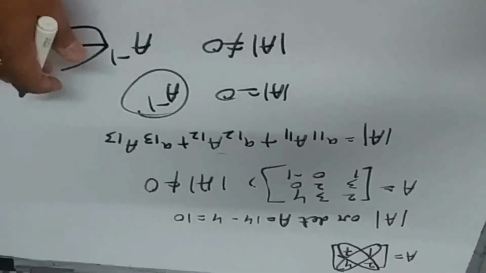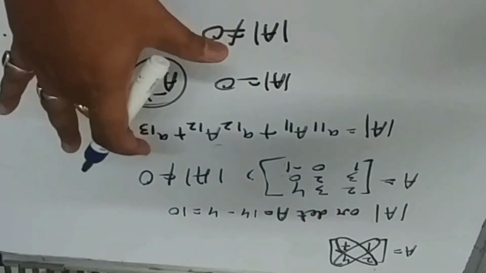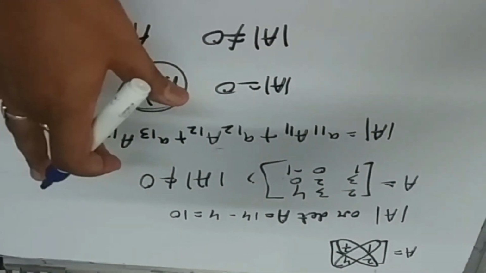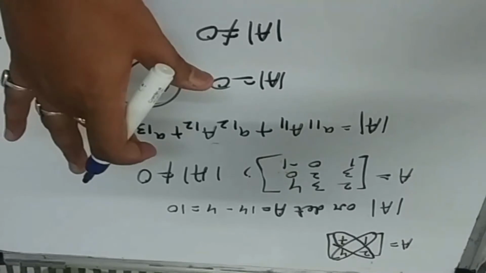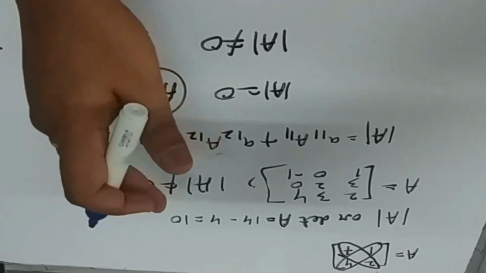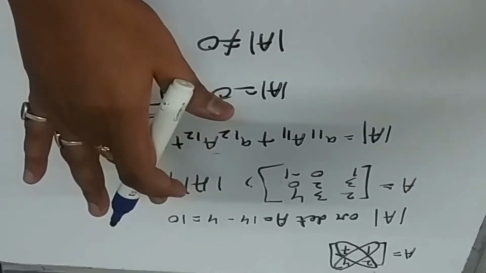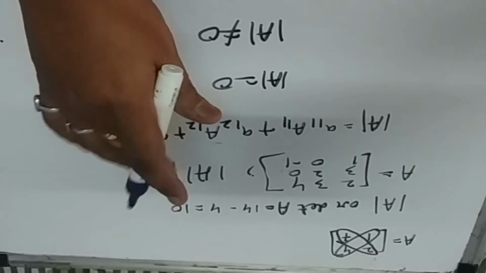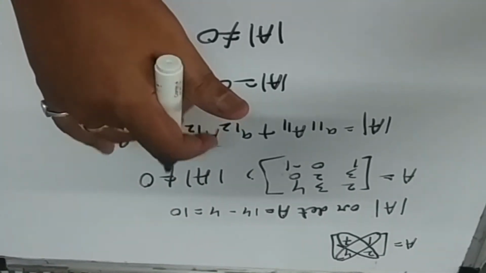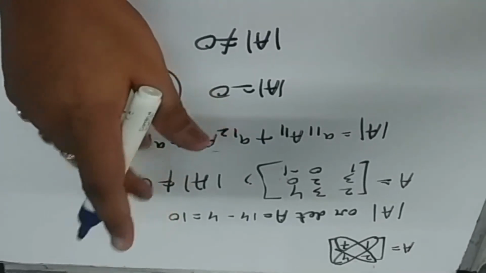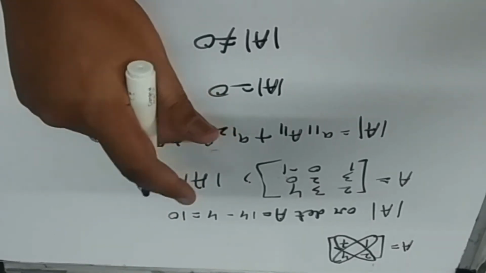Now you have to learn something more about determinants, that is properties of determinants. In my next video I will start explaining properties of determinants. First I will explain all the properties one by one, then I will upload one photo of all those properties. So first you will understand all the properties one by one, then you will go through that photo, and you have to memorize also.